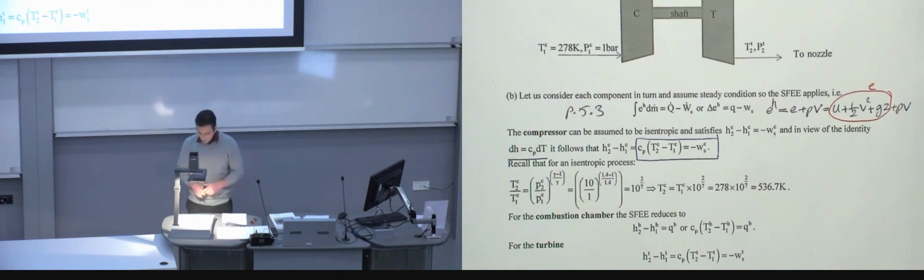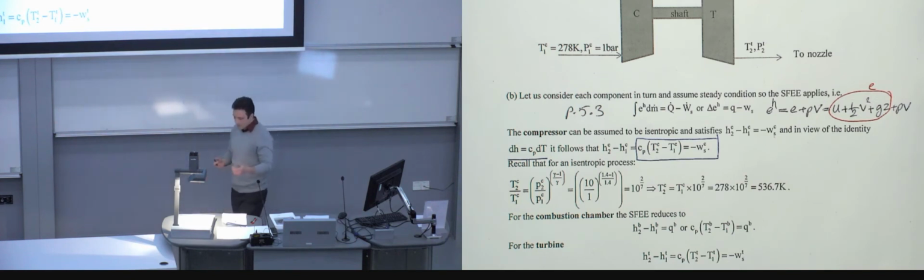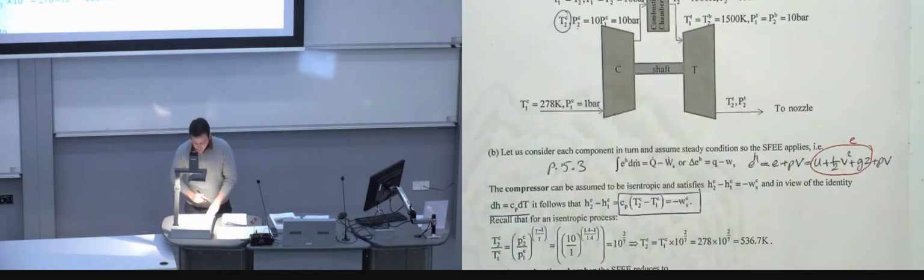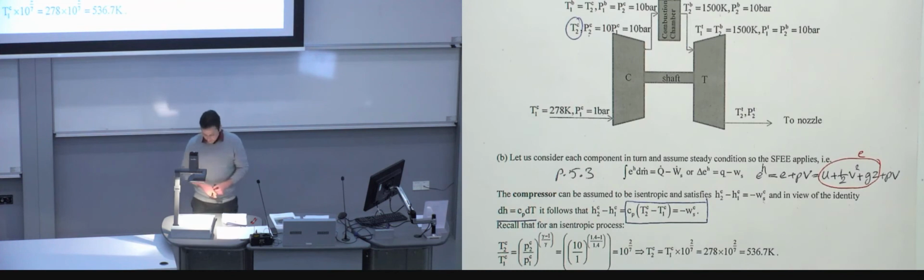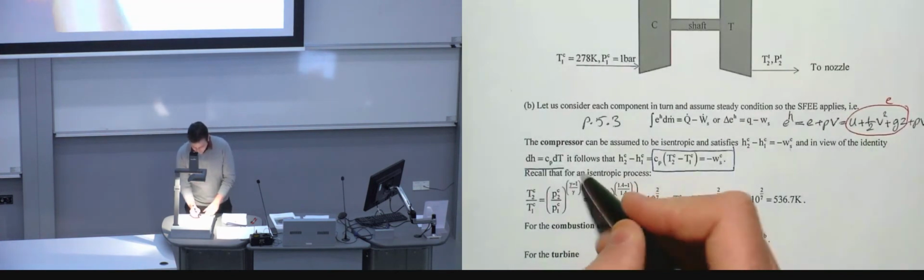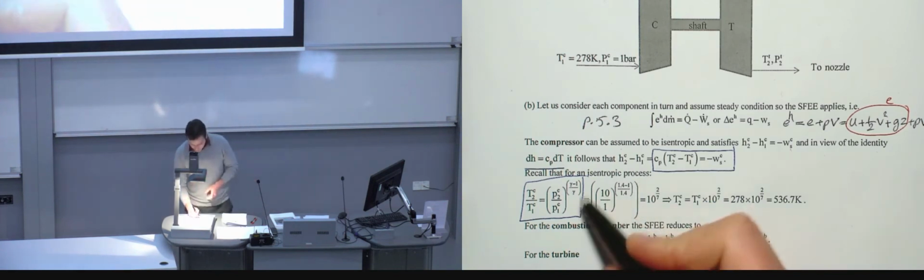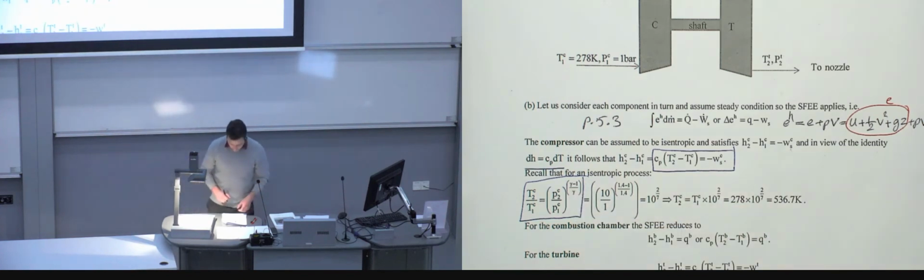So, when it comes to a stage like this, you know what is the pressure, because you know that the compressor is compressing the air by a factor of 10. What you don't know is what is the outlet temperature after the compressor. So, this equation, which is key in here, would be relating your T and P for an isentropic process. You're wondering how on earth you got this power? Well, if you look at,